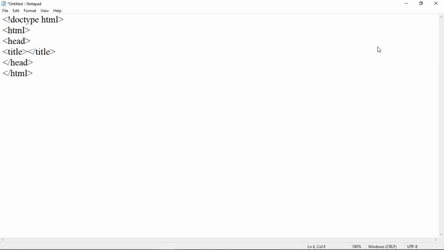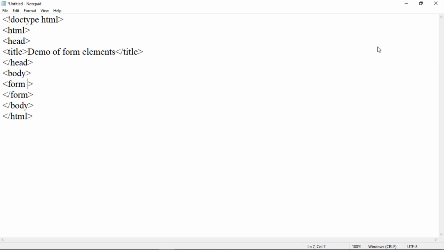Here add any meaningful title, suppose demo of form elements. Now close the title tag, close the head tag, and now let us open a body tag. So body tag start, end of the body tag. Within this we want to create a form, so let us add here form tag start and end of the form tag.